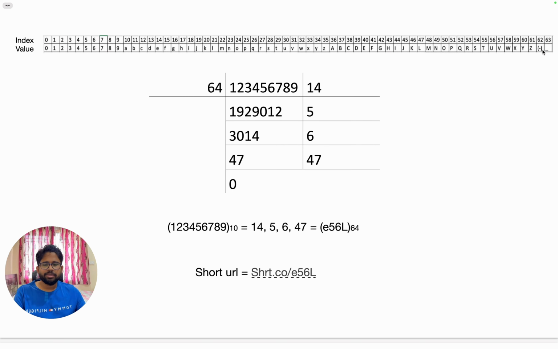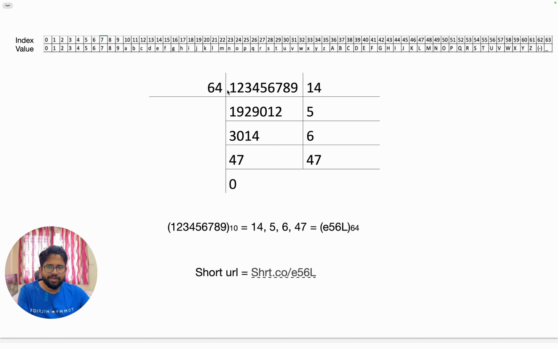Now this is the pure computer science fundamentals we learned long back: how do you convert decimal to a particular base. So this is a decimal. You write 64 here because we want to convert it to base 64. You can divide this one. So this is the quotient and this is the remainder. 14 is the remainder and this is the quotient. Then you divide again, you put the remainder here. You divide again, put the remainder here. And likewise, you can keep on getting the remainder.